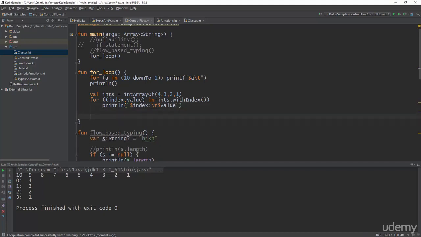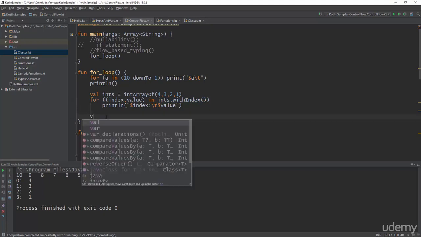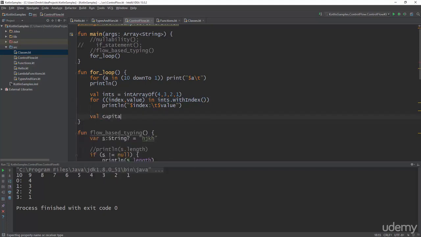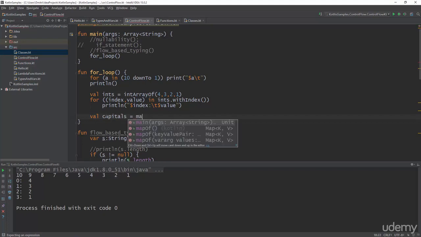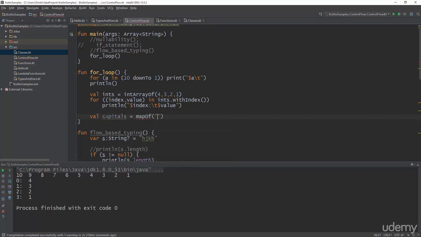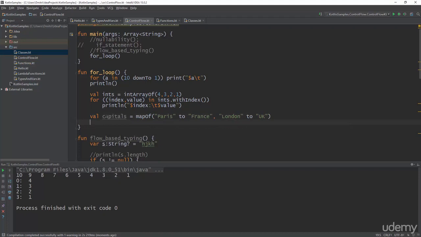Now we certainly have pairs here when we do withIndex, and similarly if you have a map, for example. So let's say we have a map of capitals, and we say that this is a map of, and then we say Paris is the capital of France, and London is the capital of UK. Then what we can do is, once again, we can say for, and then here we can say that the first element is the capital and the second is the country. So we can say for capital, country